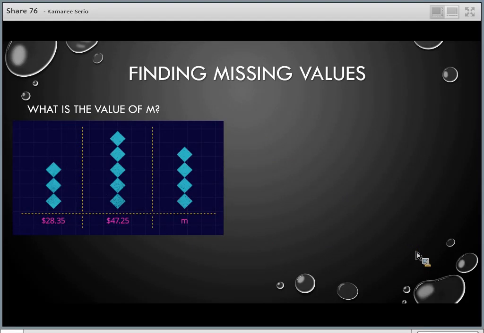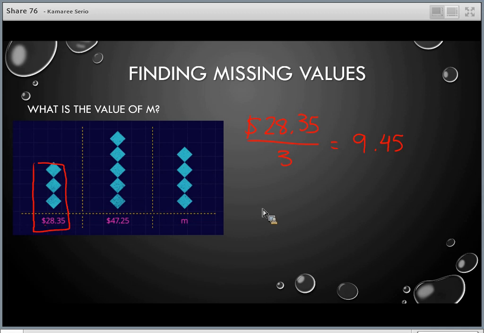Finding missing values. Okay, here, this is where what I talked about with multiplying your unit rate is going to come in handy. Okay, so let's look at this first one here. I have 3 units, right? I don't know what these 3 diamonds represent, but I know there's 3 of them. And I have money, so that tells me money is going to go on top. Okay, I have 28.35 over 3. I need to find my unit rate, so I'm doing 28.35, and I'm dividing it by 3. When I do that, I get